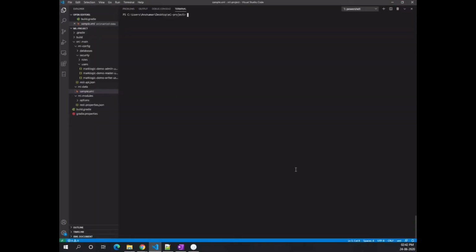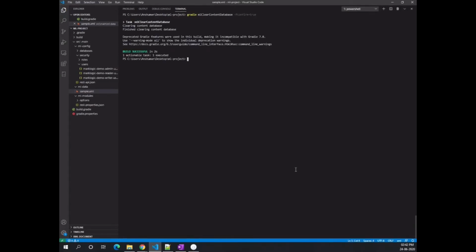I'll type gradle mlClearContentDatabase -Pconfirm=true. This confirm is a parameter we need to supply when we are handling sensitive operations, like removing certain things. For example, if you want to undeploy the project from the MarkLogic server, we also need to provide this kind of parameter.